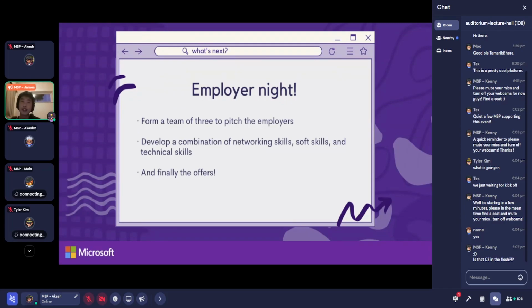So for example, if you're good at data science and you pitch to an employer in the data science field, say, okay, I trained this machine learning model during this year, and that's the result we got, and that looks good, that looks bad, and those are the challenges we got, that's really where the employers get insight and really like you. And definitely after that employer night, there will be the final offer from those employers, and that will be around October to November-ish. Still to be decided because of the situation, but that's the rough date.